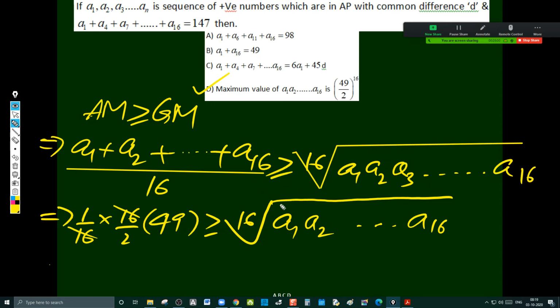Its value is less than or equal to. Less than or equal to means the maximum value from the right hand side. The maximum value from the right hand side is (49/2)^(1/16). That's the first problem. Okay, now